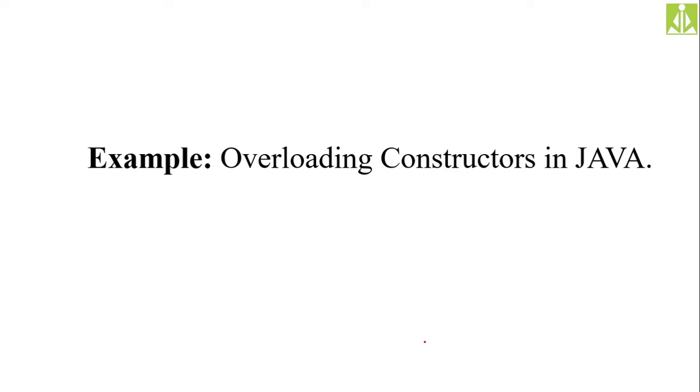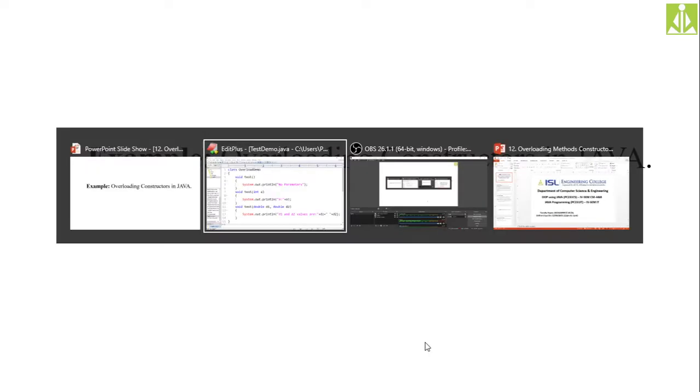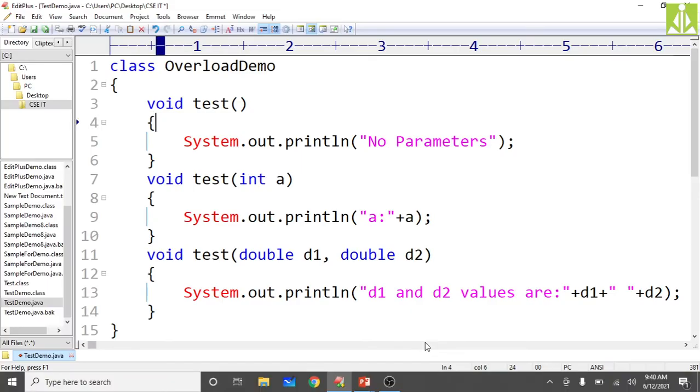For that, again, I have to go to EditPlus. So quickly, here also, the same method overloading program I will open.